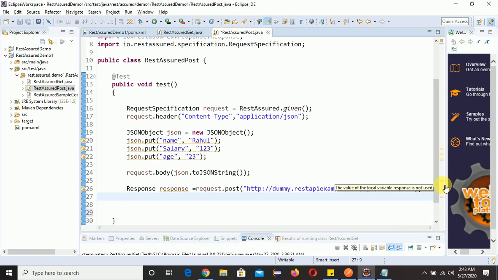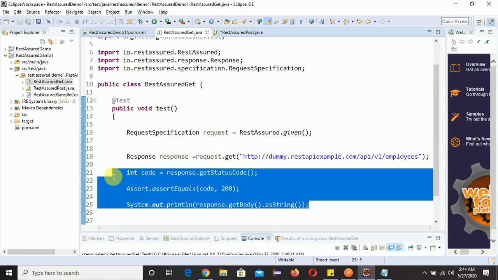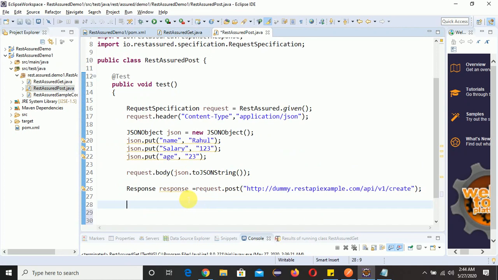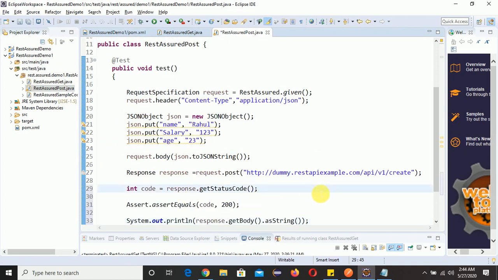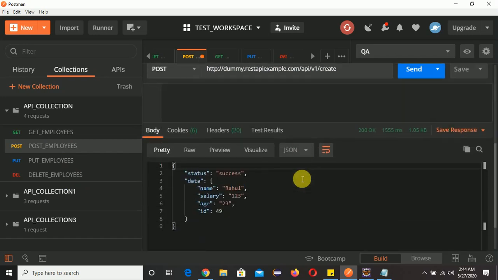Now we will check the status code again here. Right. For that again, what I will do, I will just copy this again. These two things again. Now all the three things we can copy. We are checking 200 status code along with the body, right? So same thing we'll do for the post one also. So let me copy this. Now first I will execute this one. So let me click on send. Through post one we are doing here.